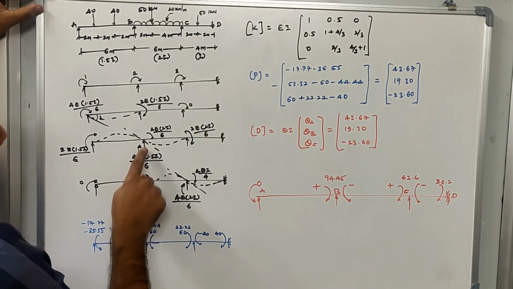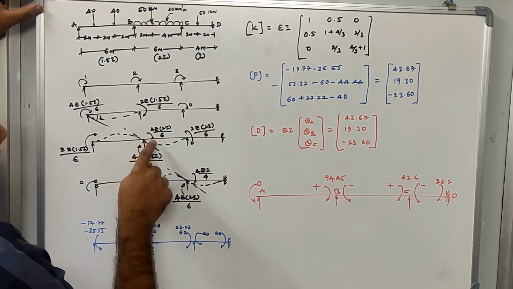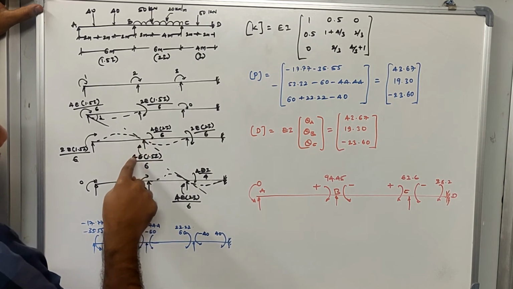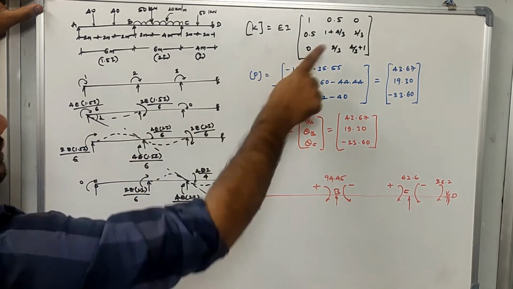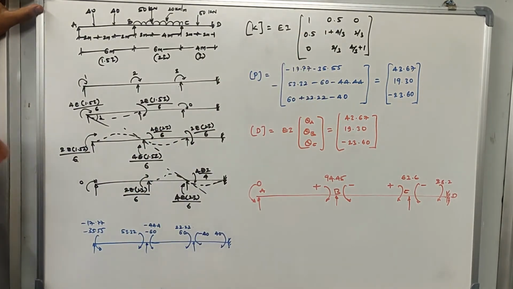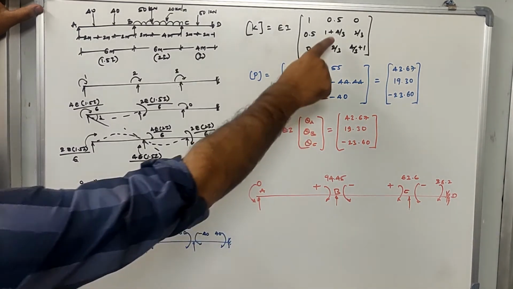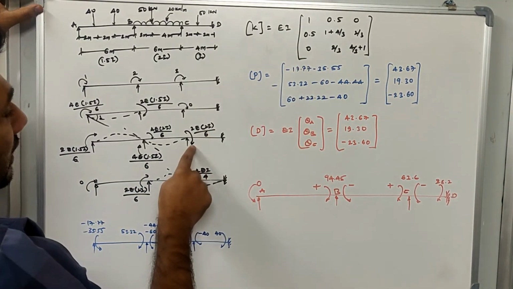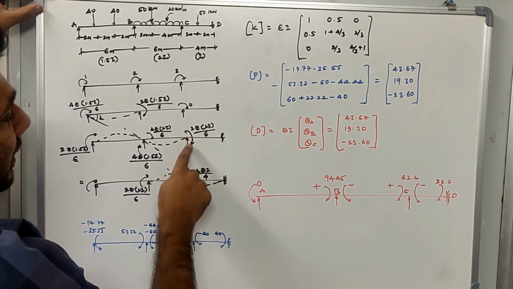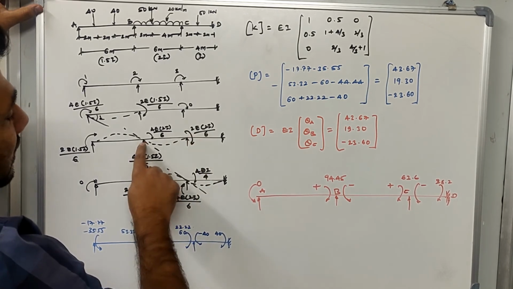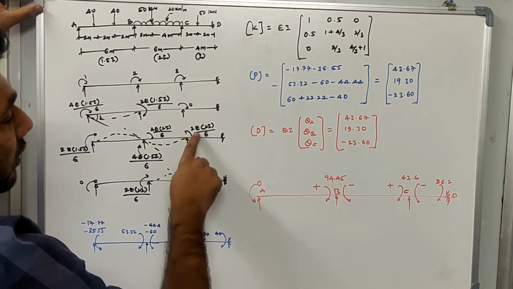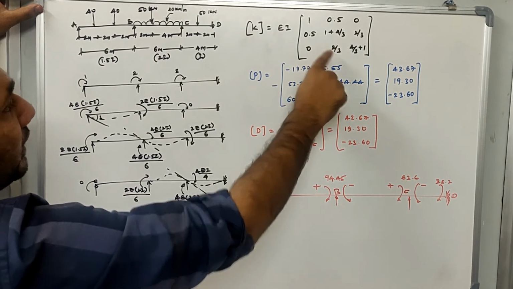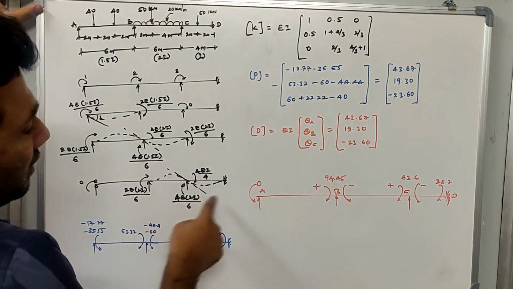Okay, now similarly, going to the second coordinate and finding out how much is the moment that is created because of the unit rotation. It will be 4E into 1.5 divided by 6 plus 2E into 2I divided by 6, which is 1 plus 4 by 3. Okay, so we have written this. Now we will go to this moment, which is created because of the unit rotation at the second coordinate. So this is our coordinate 3. At coordinate 3 we are trying to determine how much is the moment, so it will be 2 by 3.